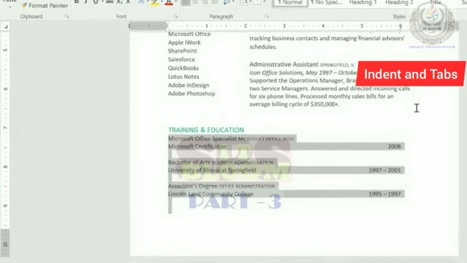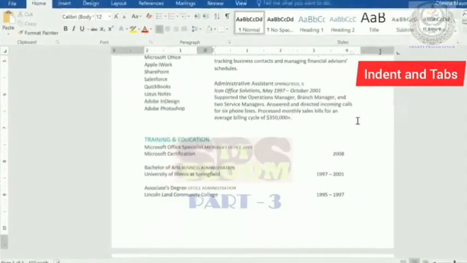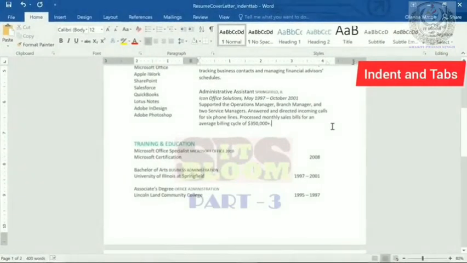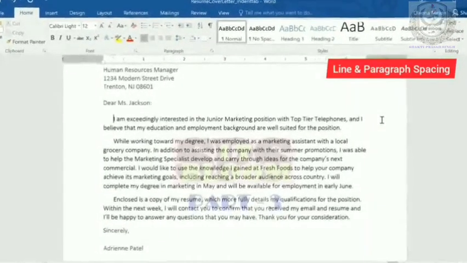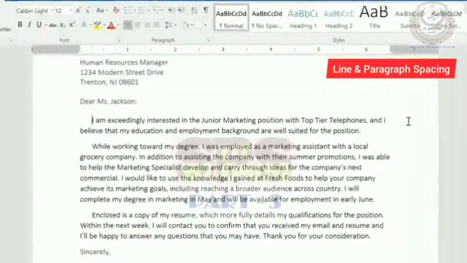This document looks a lot better now. Having everything lined up gives it a neater, more professional appearance. It allows you to fine-tune the line and paragraph spacing in your documents. In this example, I'd like to start by changing the line spacing, which is the space between each line of